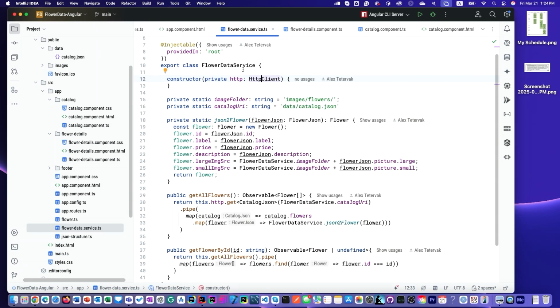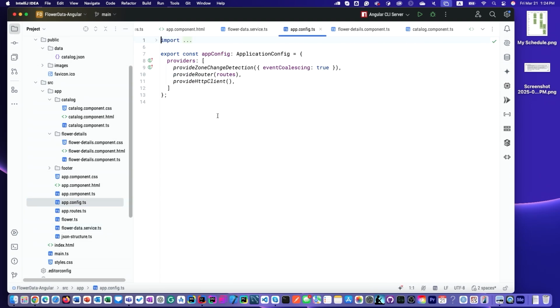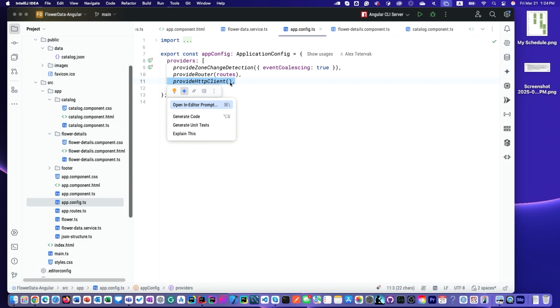So in order to make this program work, I had to edit a file called appconfig. Again, it is critically important, otherwise the program will not work. So I added this line. In appconfig, I added provide HTTP client. Otherwise, it will not be able to inject HTTP client into the service, and it will not be able to call its method, the get request. So if this line is missing,